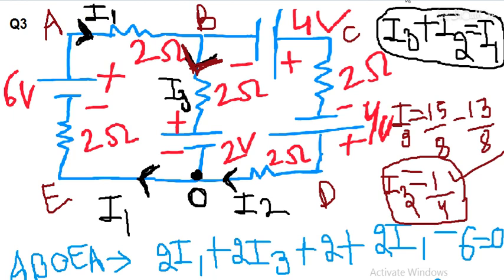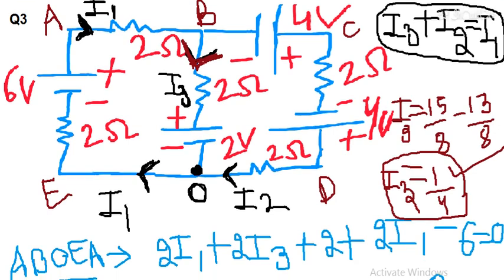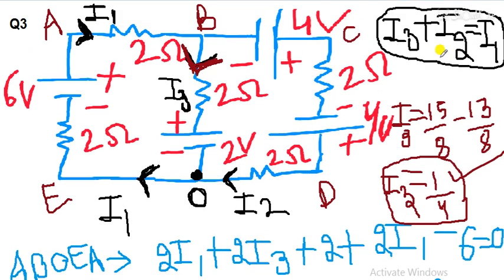So I think first three questions are clear. First question was very basic, second question was of good level, and third question was also of good level. And I am scrolling the screen so that you can note down. If any doubt is there, you can ask. First we have taken this point O. I am telling you the short in last in the concise form. So applying KCL at O, I3 current is coming towards, I2 current is coming towards, and I1 is going away.